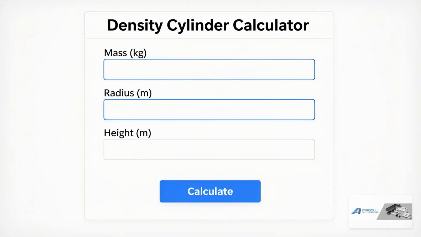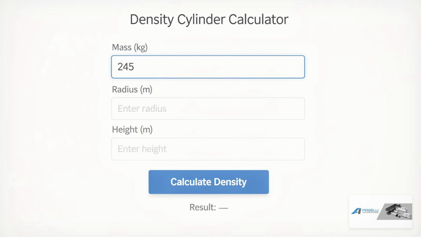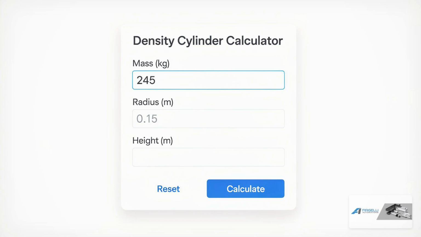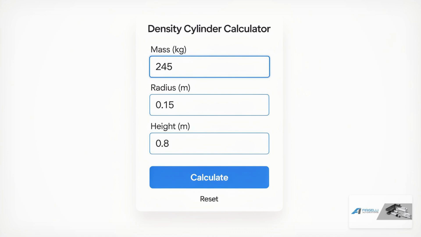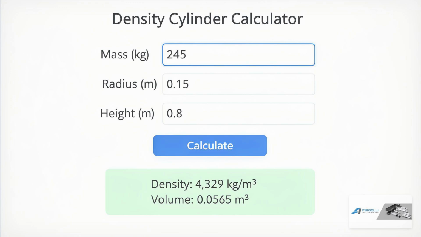Let me walk through a practical example. Say we're analyzing a steel cylindrical component. I'll enter a mass of 245 kilograms, a radius of 0.15 meters, and a height of 0.8 meters. After clicking Calculate, the primary result shows a density of 4,329 kilograms per cubic meter, with a volume of 0.0565